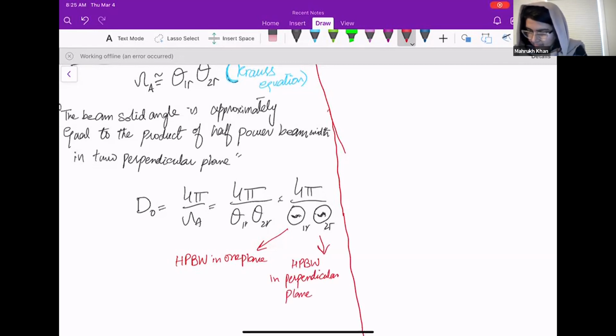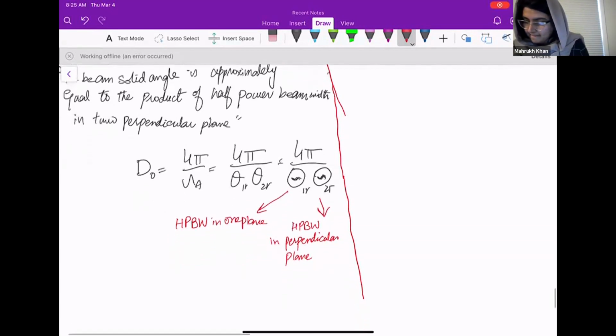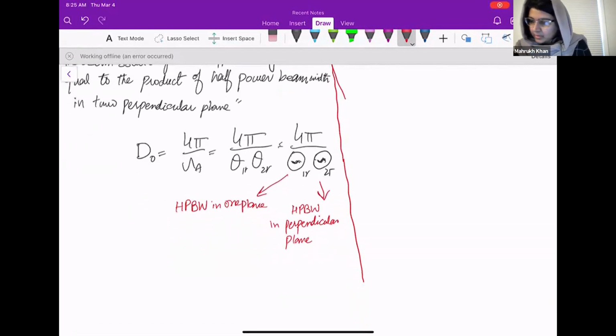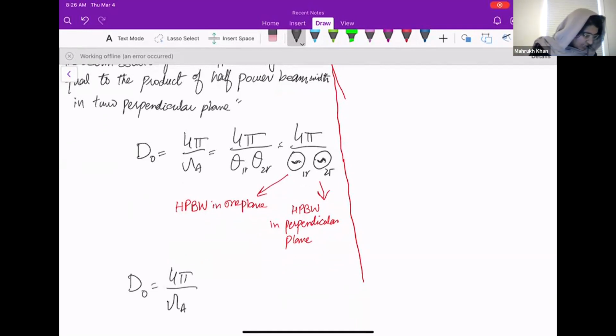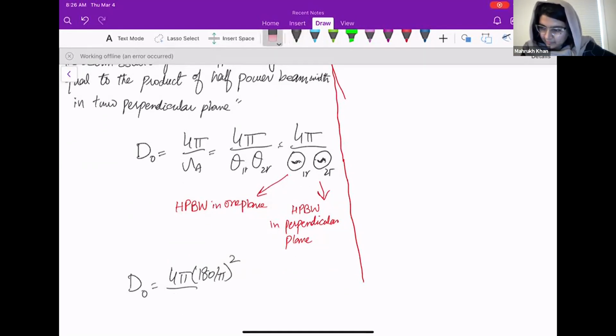Okay, and if you want to define it in degrees, because this is in radians, so in degrees you just have to multiply by 180 over pi, squared. And this will become,